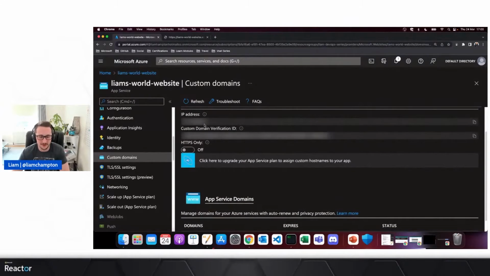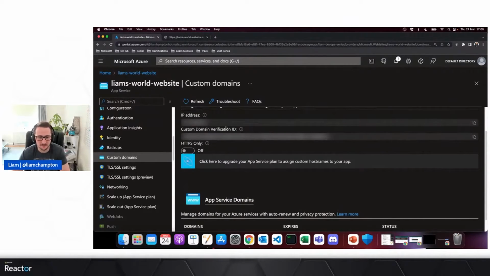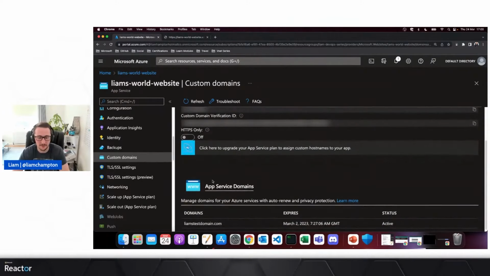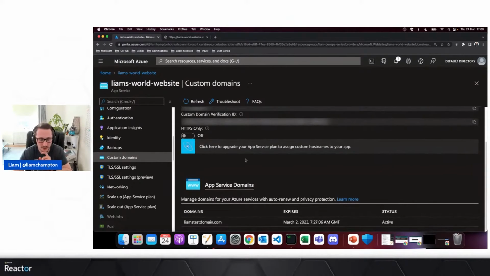So ignore the fact that it's grayed out. That's deliberate. That's my mask because my custom domain verification ID, I really don't want people to see because I can't change it very easily. So in here, this is where I said it's going to start costing money because I need to upgrade my app service plan. So what I can do is click on that one and it will take me through to